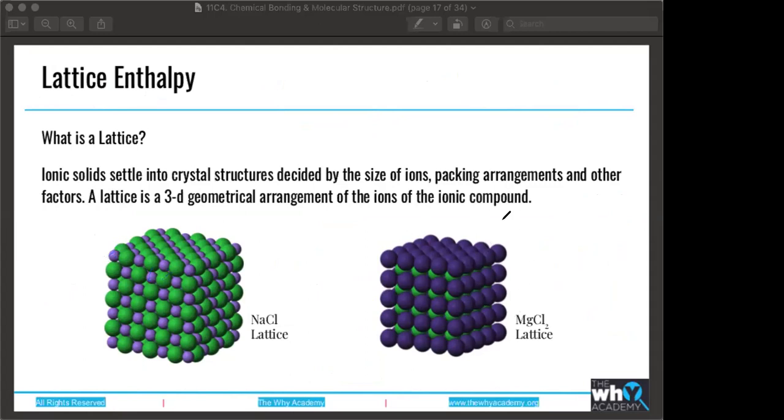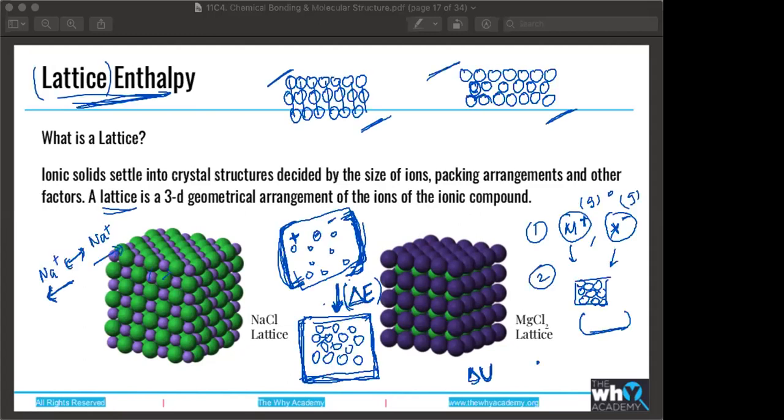Ma'am, just a small thing. Ma'am, you mentioned the energy change, right? From a neutral gaseous atom to forming a lattice, the energy change. But you didn't specify, is it releasing energy or absorbing energy? Or do we just keep it as it is?